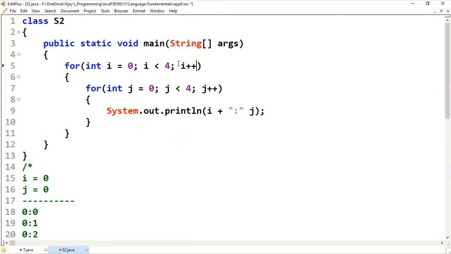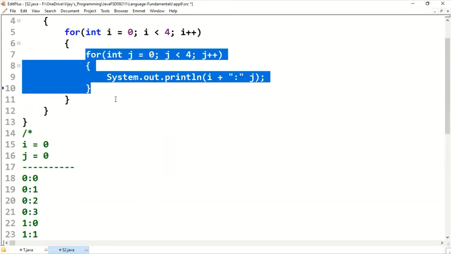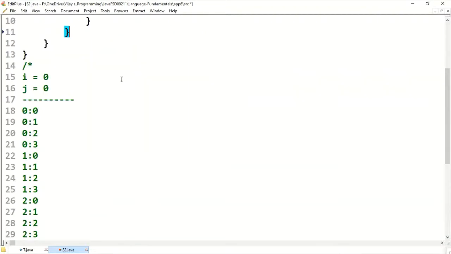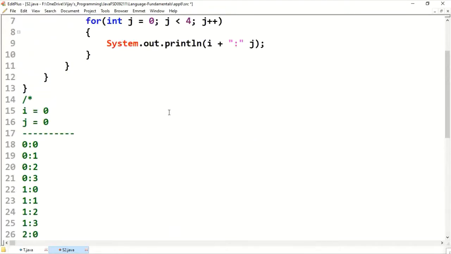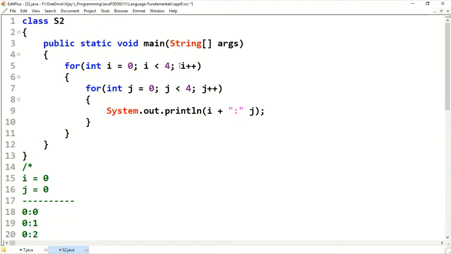For the third iteration of the outer for loop, how many times does the inner for loop execute? 0 to 3, that is 4 times: 3 colon 0, 3 colon 1, 3 colon 2, 3 colon 3. 3 is becoming 4, 4 less than 4, comes out.